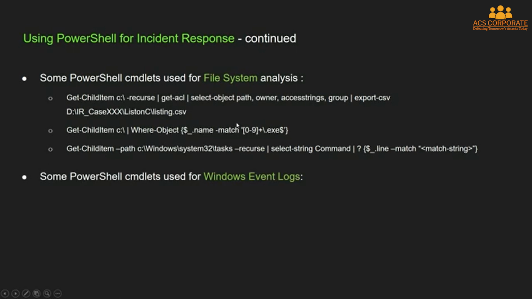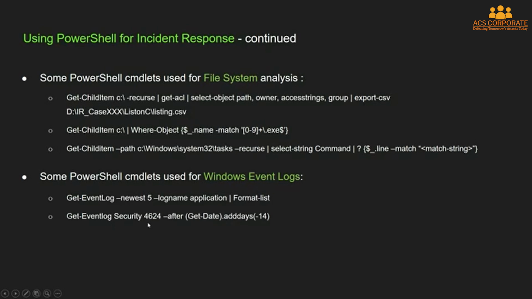For Windows events, there is also a PowerShell command called Get-EventLog, which we can use based, again, on the circumstances of the case, but we have some examples for you. For example, we are showing the newest file logs in the Application Windows events file, and then showing this in a format list view, or we are searching for security events, searching for event ID 4624, which is a successful login,